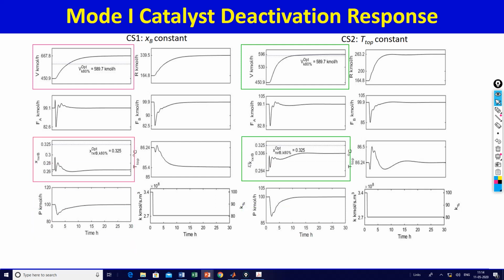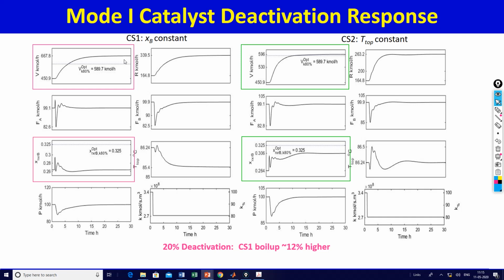And the reason again can be traced back to X reactor B being moved in the right direction. So even though it does not reach the strict optimum, nevertheless the increase in X reactor B significantly mitigates the suboptimality. On the other hand, in CS1 the reactor B mole fraction remains the same, and therefore the suboptimality is noticeably higher. And in this case, for 20% deactivation, your CS1 boil up is